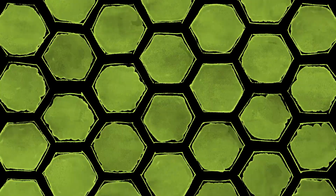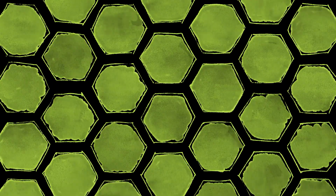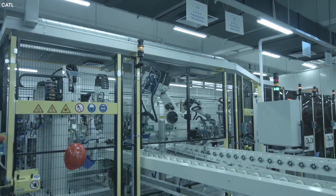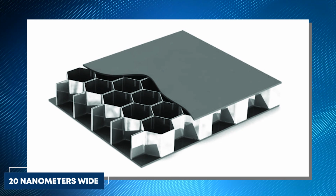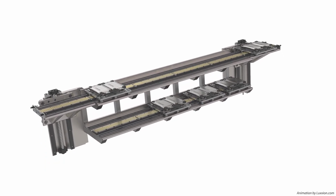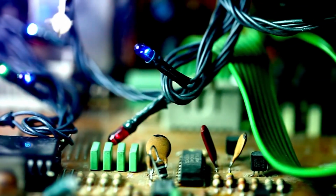The secret lies in combining a 3D honeycomb anode with a clever, nature-inspired electrolyte interface. By increasing how many lithium ions can fit inside the anode, CATL effectively raises the total energy stored. This honeycomb structure offers tiny channels just 20 nanometers wide for ions to travel, doubling the capacity when compared to usual battery designs. Meanwhile, the biomimetic electrolyte interface prevents harmful dendrites from growing, which can cause short circuits and reduce